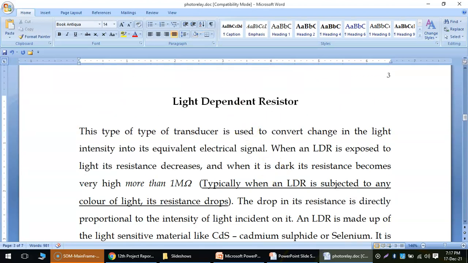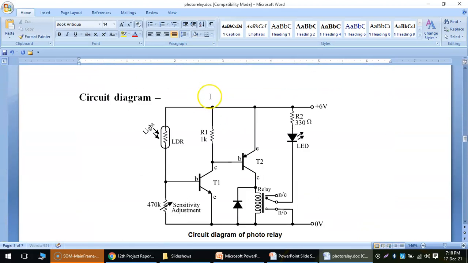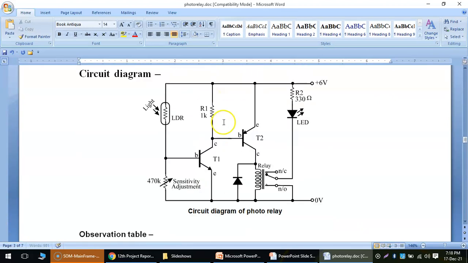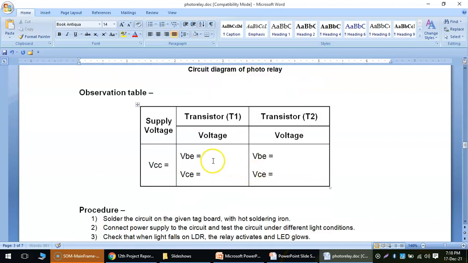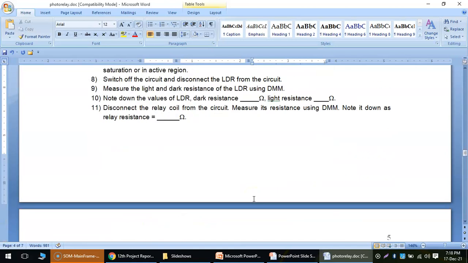It is a photo relay project, so the information regarding the light dependent resistor and the circuit diagram is given over here, and then you have to take the readings after constructing the project.